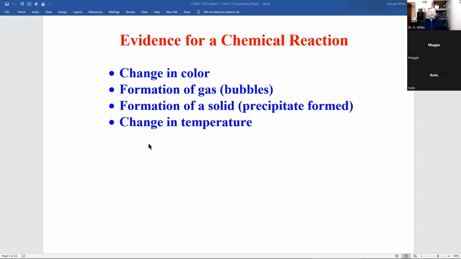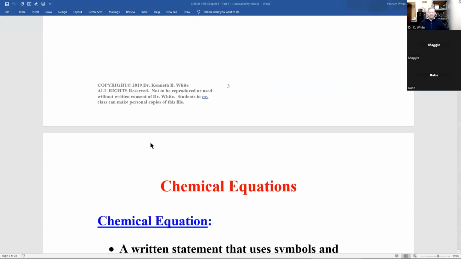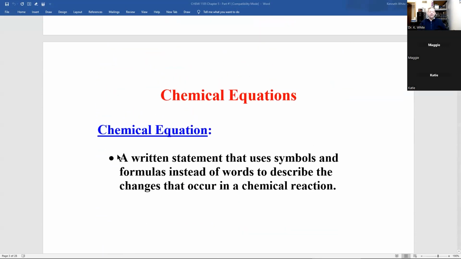So, evidence for a chemical reaction, that means a change in a substance: change in color, formation of gas, bubbles, formation of a solid. We call that, if it's in a liquid, I like my special effects, precipitate, and change in temperature. Now, how do we show